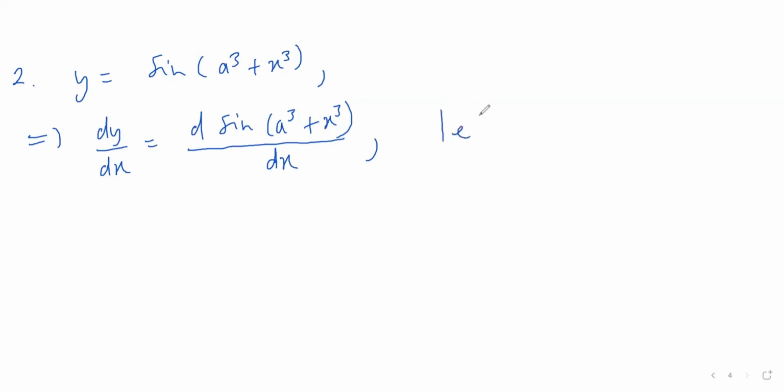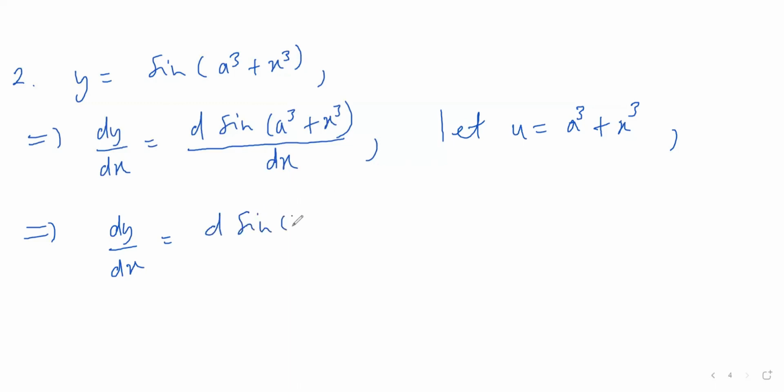So in this case, we have to let u be equal to a cubed plus x cubed. Therefore, that implies that dy/dx is equal to the derivative of sine, and we put u in place of a cubed plus x cubed because we said let u be equal to a cubed plus x cubed. So dy/dx then is equal to the derivative of sine u